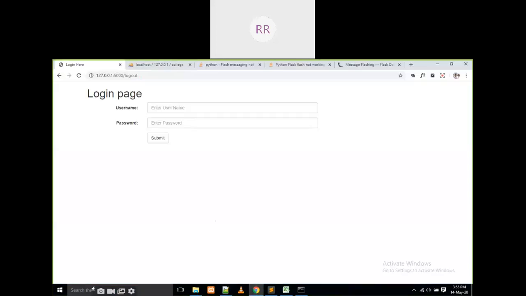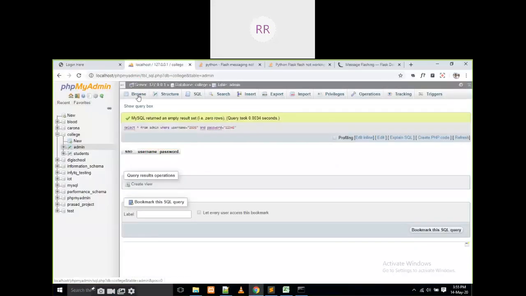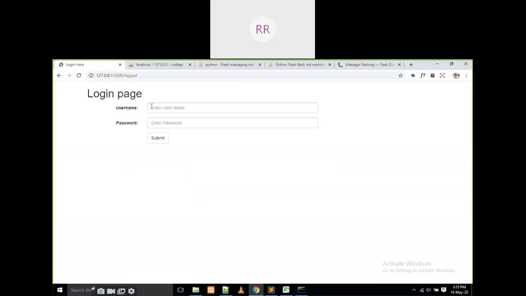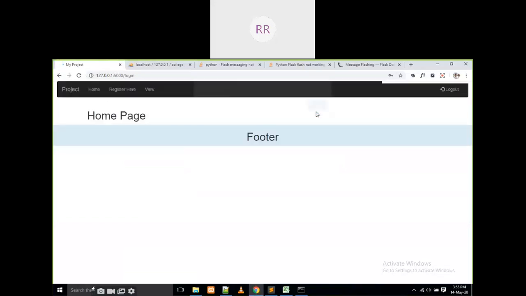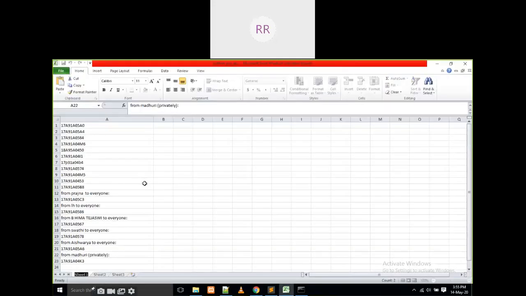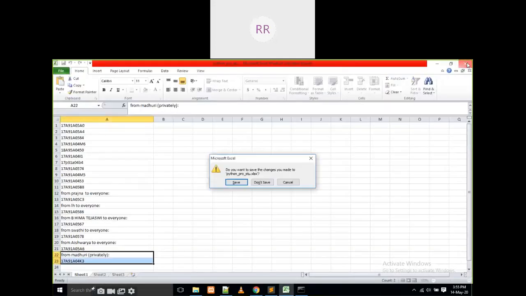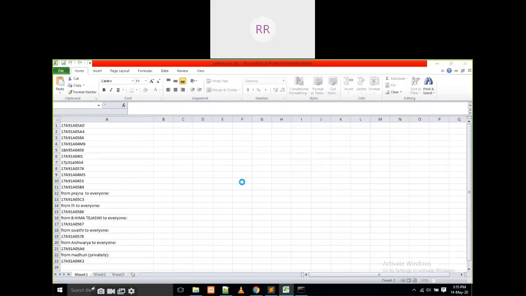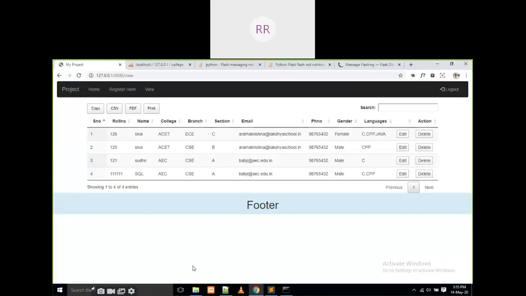Simple thing, what we have to do. Here I am going to take 1 2 3 4 5 6, submit, login successfully, view. I am going to download the same page.